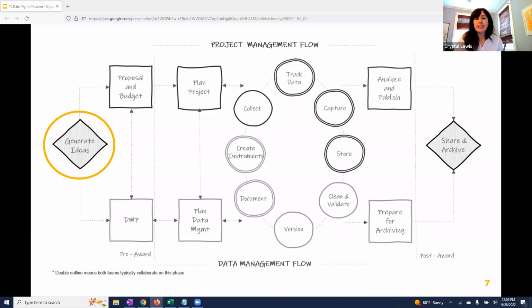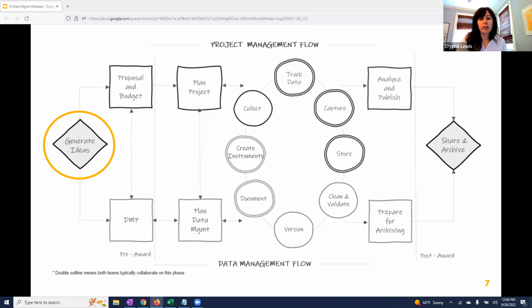And data management isn't a standalone process, right? If you're running a research project, it's typically integrated into your overall research project flow. So this particular diagram shows the research flow for a federally funded research grant. And I know not all of you on this call are academics working on these types of grants, but bear with me because I think a lot of the principles here can be applied to other types of research, like data collection and evaluation of programs in schools, for instance.